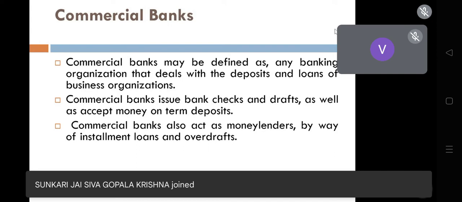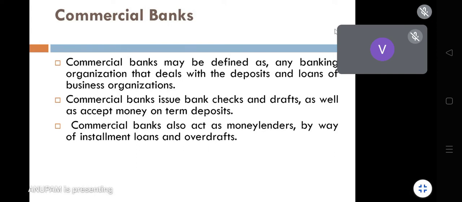Then there is overdraft. So what is overdraft? The overdraft facility is given to some customers, old customers of the bank, those who have a good track record. In overdraft, if a customer does not have any balance in the bank but has issued a check for some amount, then normally what should happen? Suppose he has issued a check of 1 lakh, but the balance in his account is 0.